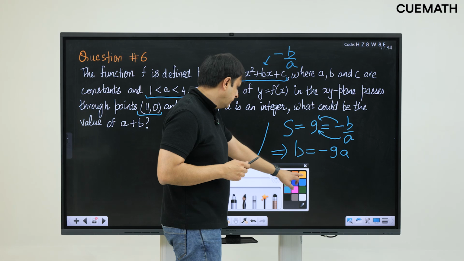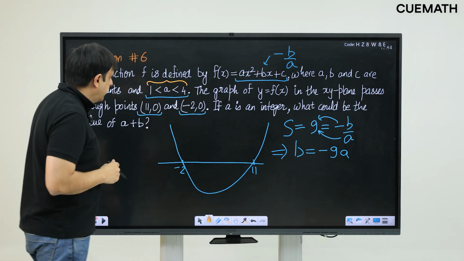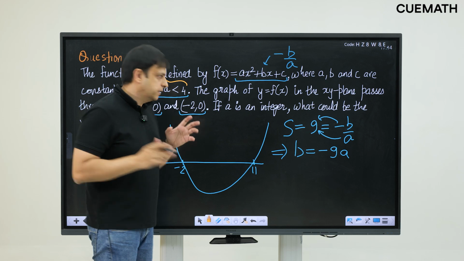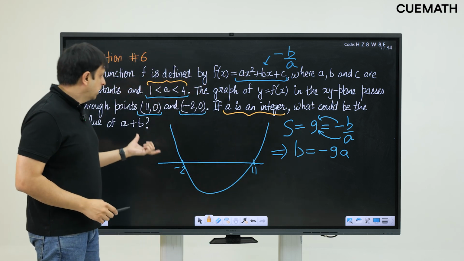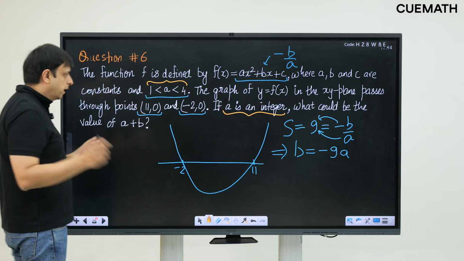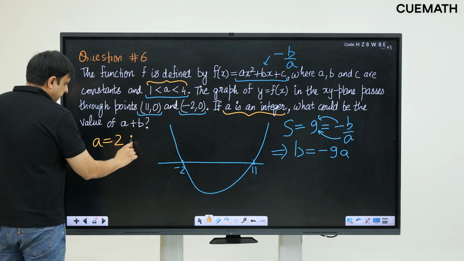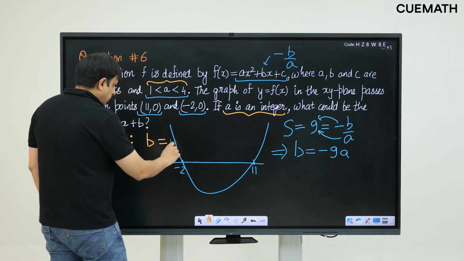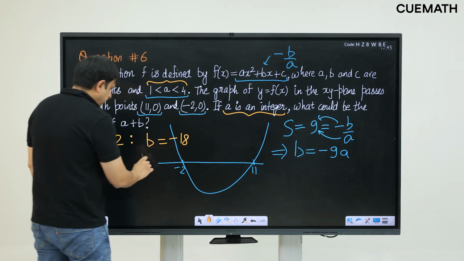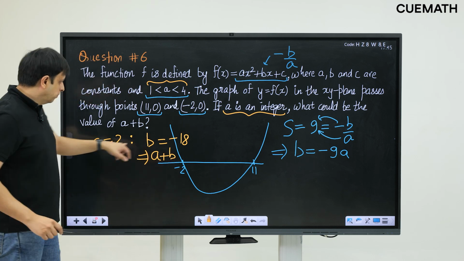Now, we are also told that a is between 1 and 4 and a is an integer. So, this really narrows down the possible values of a. There are only two possibilities, either a is equal to 2, in which case b is equal to minus 9 times a, or minus 18, and from here we get a plus b is equal to 2 plus negative 18,